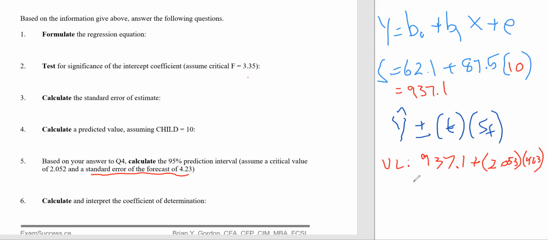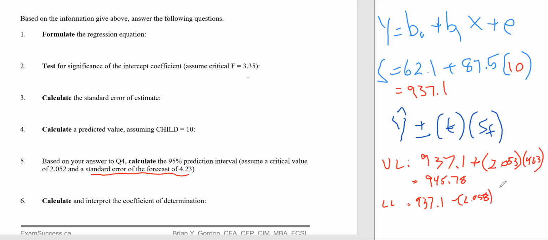And if we do this math, we get the upper limit being equal to 945.78. And if we do the lower limit, then it's just 937.1 minus that t-value, 2.052,